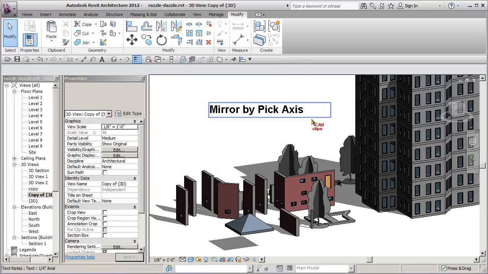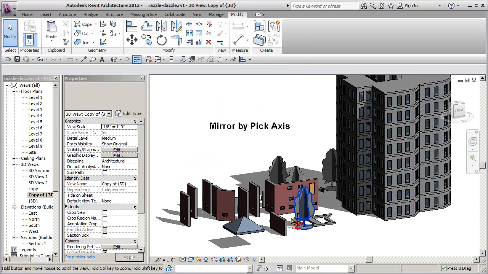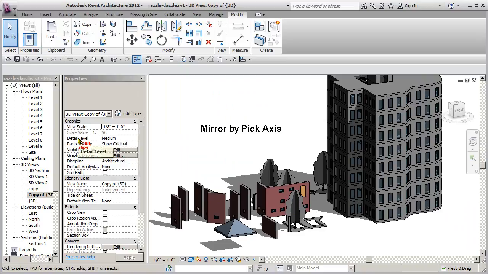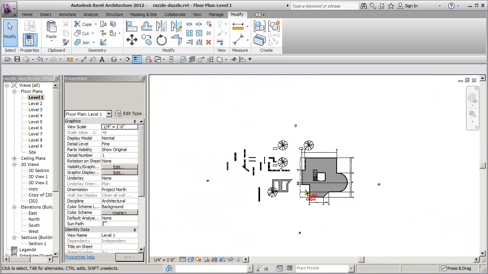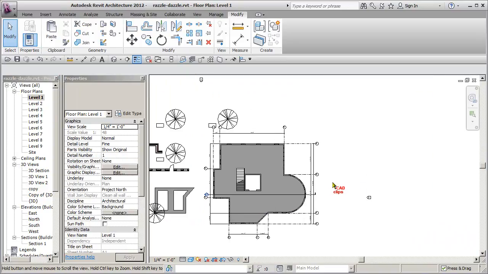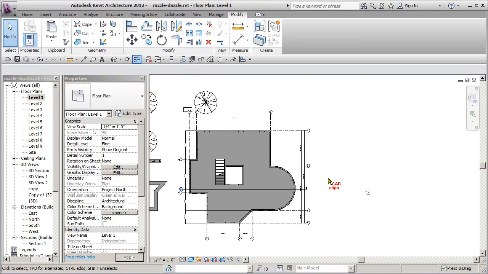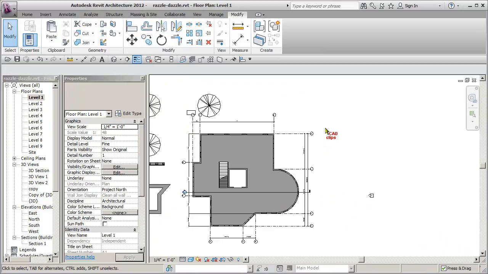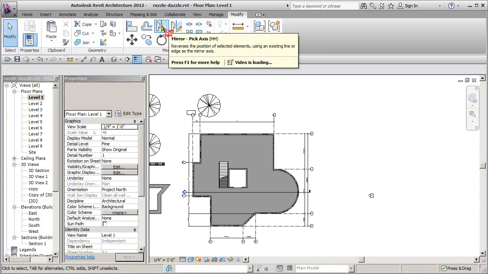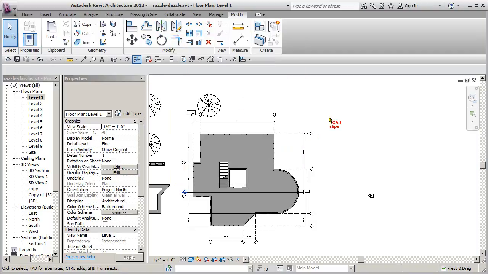Mirroring in a 3D view is kind of tricky, so it's best in an elevation or a plan view. Let's just go down here as an example. Let's say I wanted to create a mirrored kind of twin tower over here. I could do that by drawing the axis, which would be this one, or I can go picking. So to pick, I need to have something to flip over as far as an axis to pick on, and